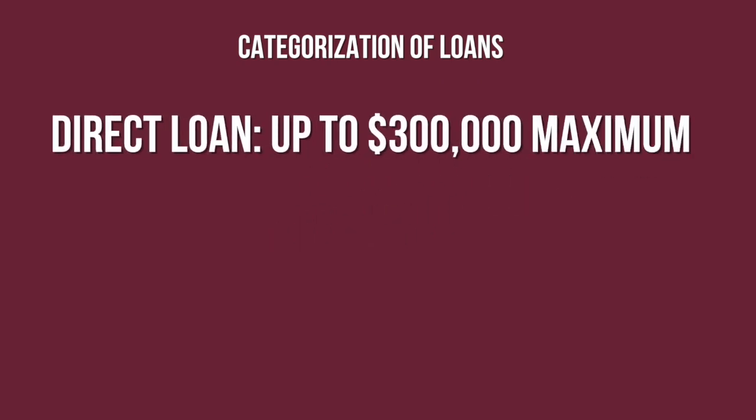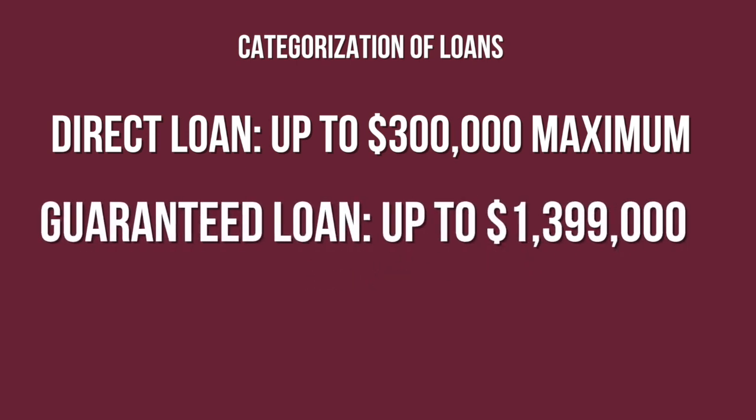The first type of loan I'm going to talk about is the farm ownership loan. Farm ownership loan is especially good for new farmers. There are two different sources which you can use to apply for the loan. If you are applying through the direct loan, you can apply for a maximum of $300,000, and if you are applying through the guaranteed loan, you can apply for a maximum amount of $1,399,000. The repayment period for both types is 40 years,